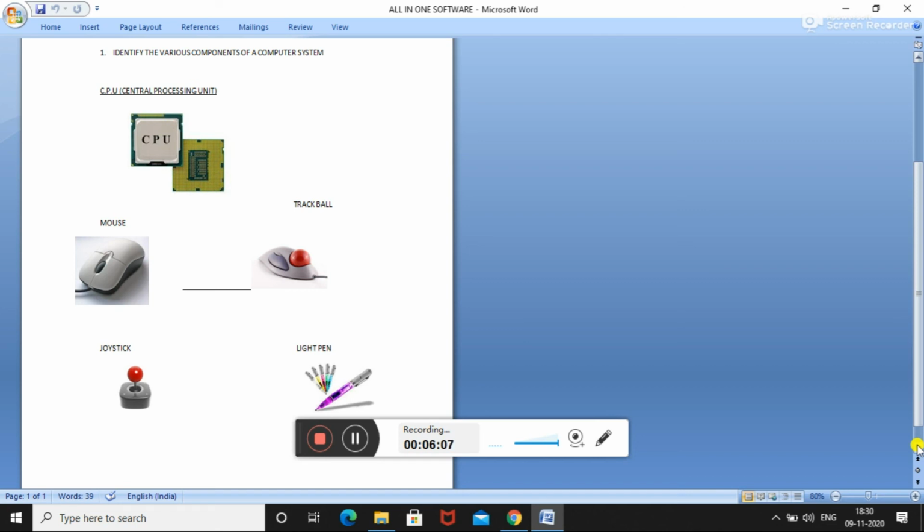What is light pen? Light pen is a pointing device similar to a pen. It is used to select a displayed menu item or draw pictures on the monitor screen. It consists of a photocell and an optical system placed in a small tube. When the tip of a light pen is moved over the monitor screen and the pen button is pressed, its photocell sensing element detects the screen location and sends the corresponding signal to the CPU.